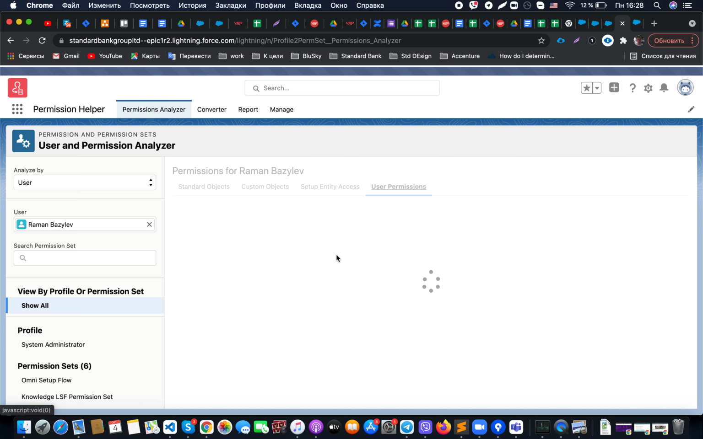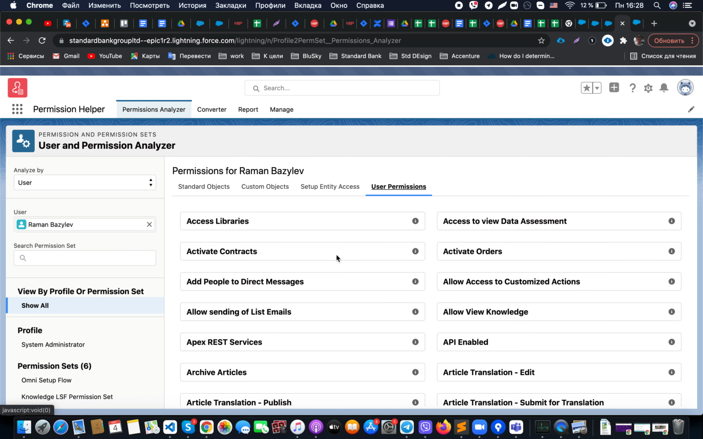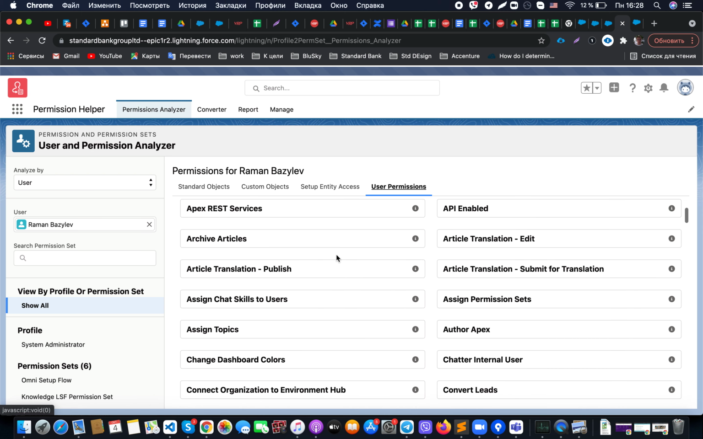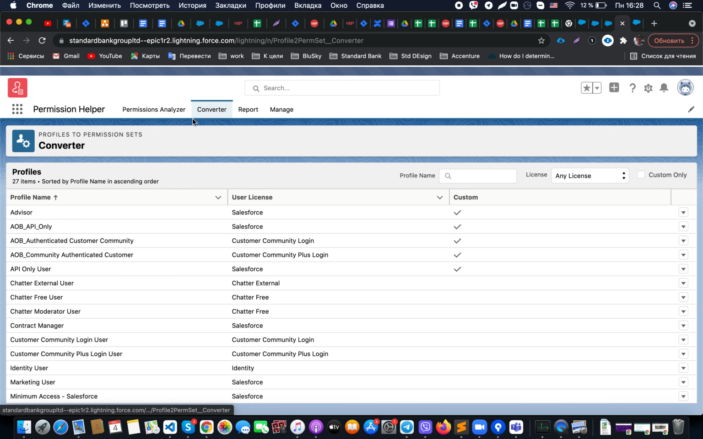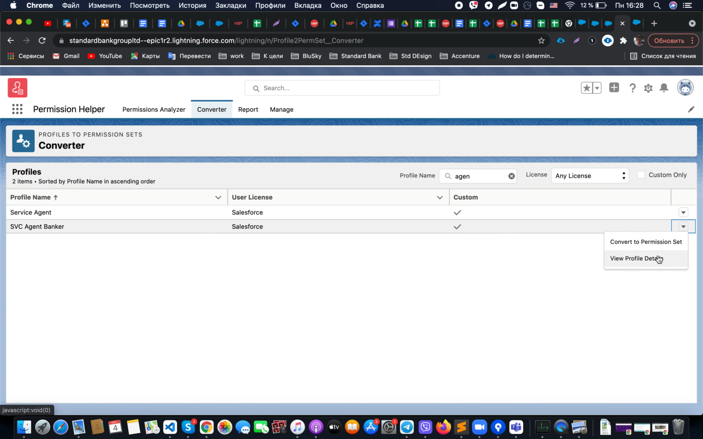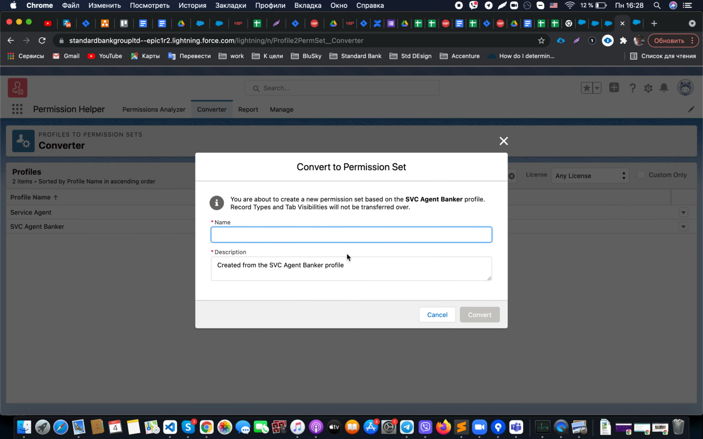One of the interesting features related to this specific application is that sometimes we need to quickly transfer our profiles to a permission set and assign this permission set to the necessary persons. So how could we do so? From there we go into the converter tab. From there we could find what kind of profile we would like to convert. For example, if we choose this one, we select it and convert to permission set,